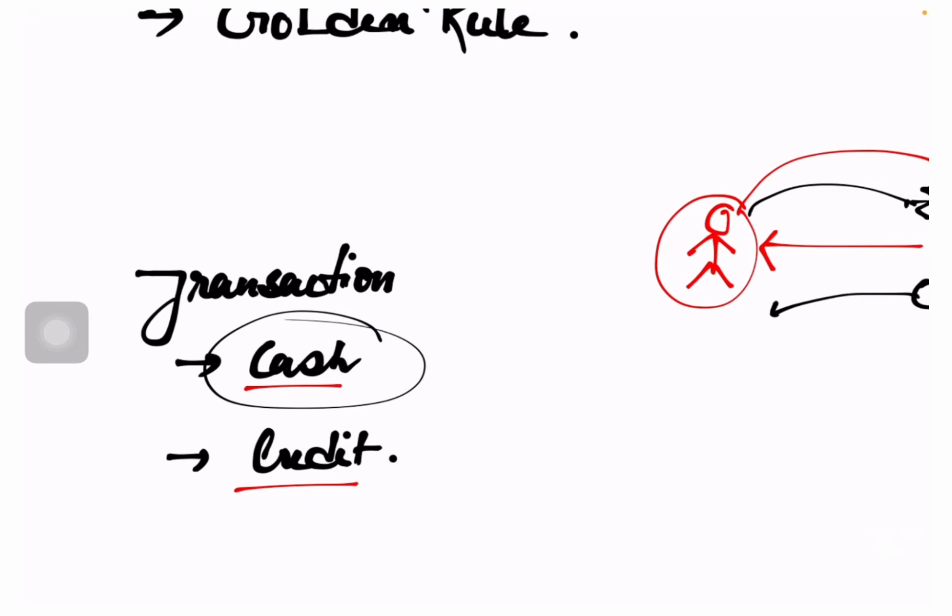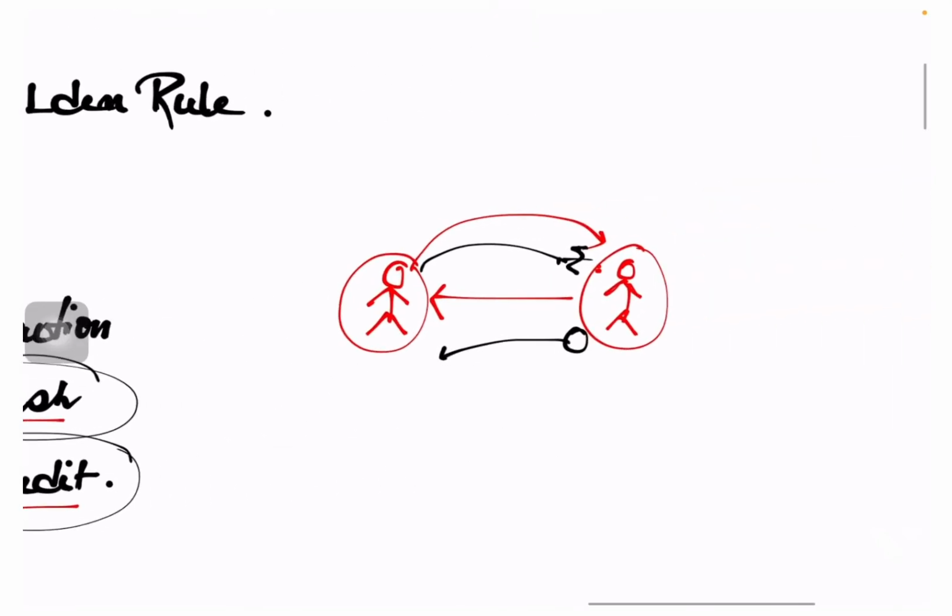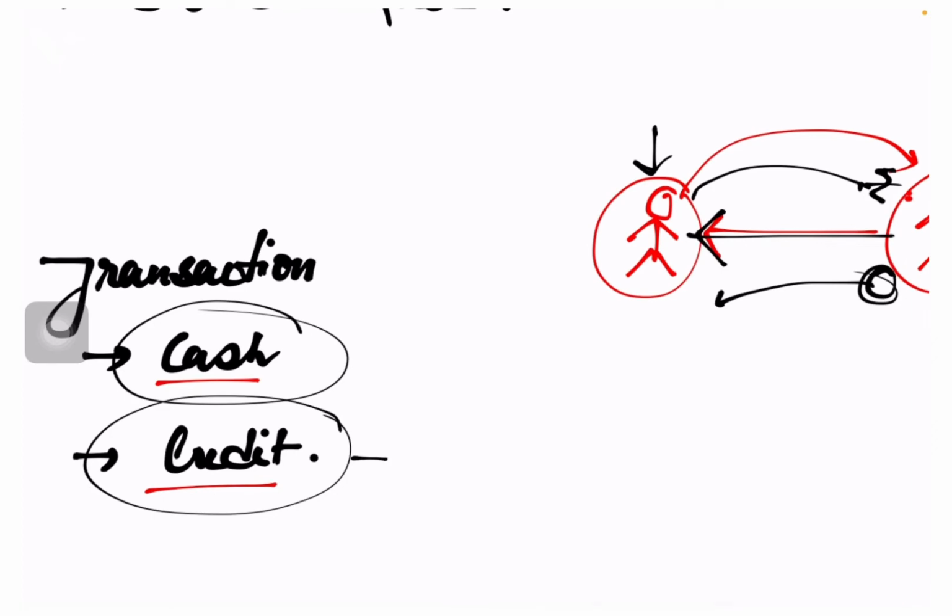And now what is a credit transaction? मान लो कि the transaction which is not based on real time money exchange, meaning that party comes to the business offering that I want to purchase these goods and services from you. Fine, he is going to purchase it but not going to pay anything at that time, or rather saying that I'm going to give it to you later in future. This is going to be a credit transaction. On the basis of the credit value of this particular person, the seller or the buyer is going to sell or buy these goods. Try to understand.